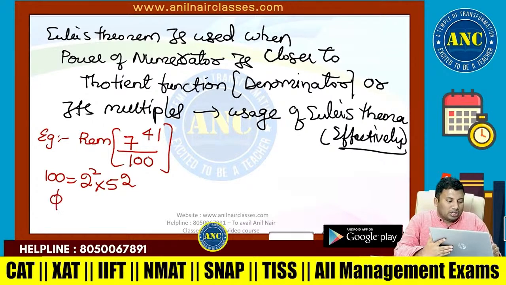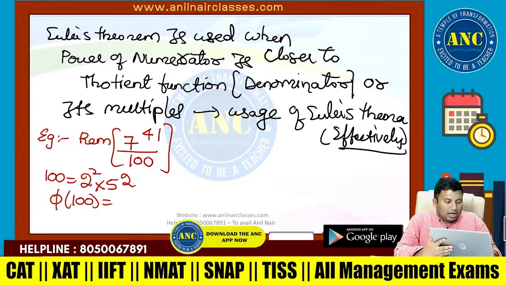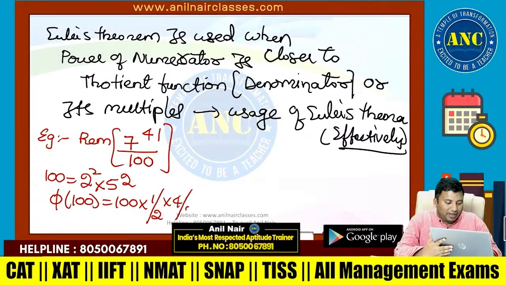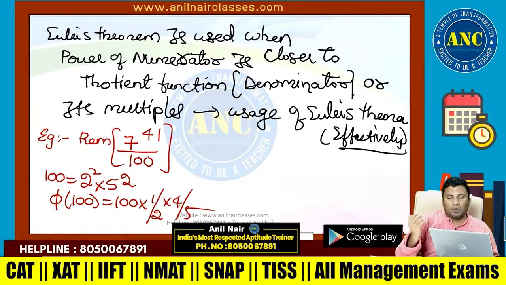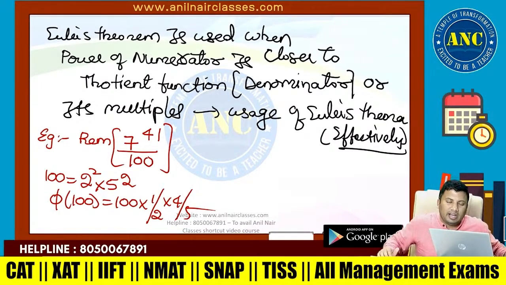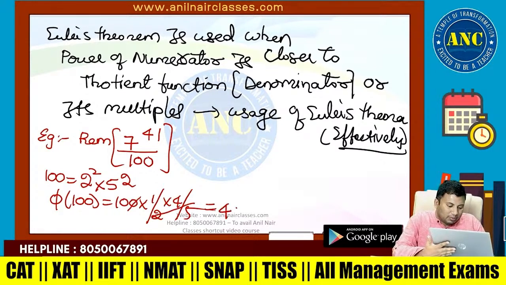So, quotient function of 100 is 100 into 1 by 2 into 4 by 5. Already we discussed in the morning session. N is P1 power A, P2 power B; N into 1 minus 1 by P1, 1 minus 1 by P2. So, this is nothing but 40. 41 is closer to 40, so you can use